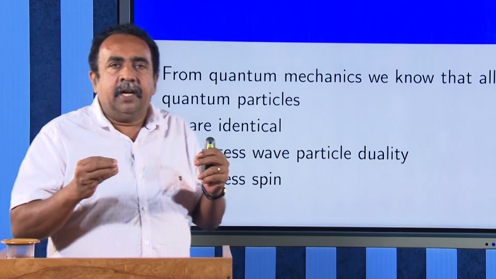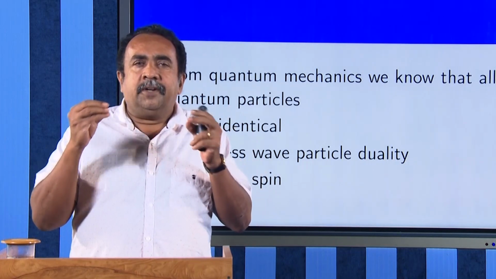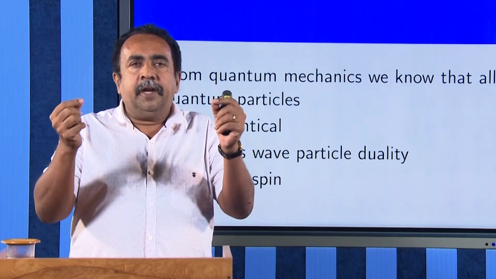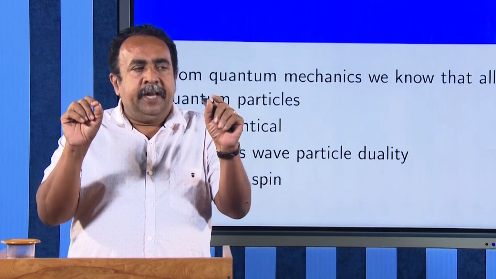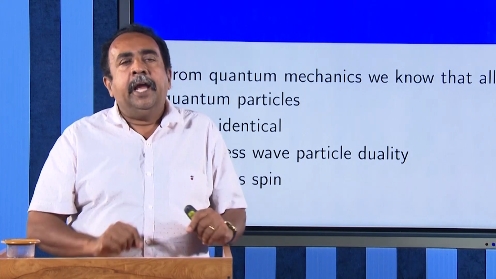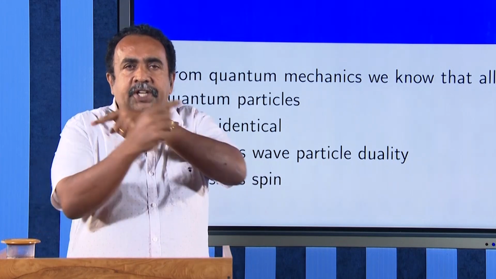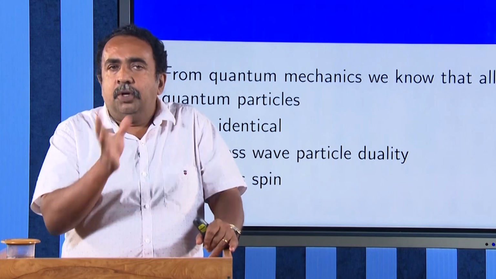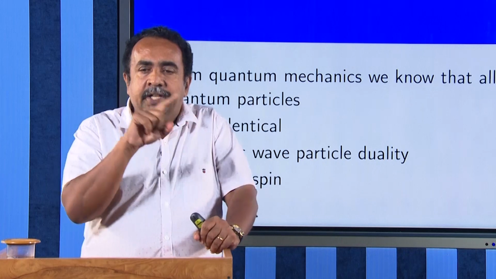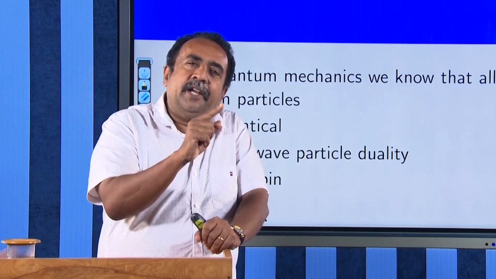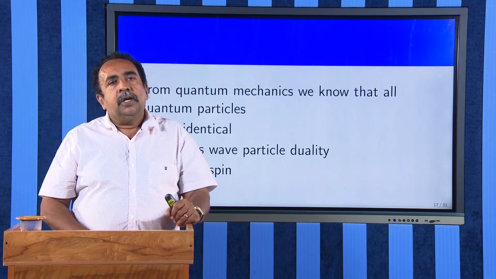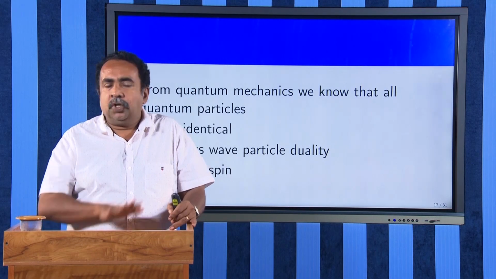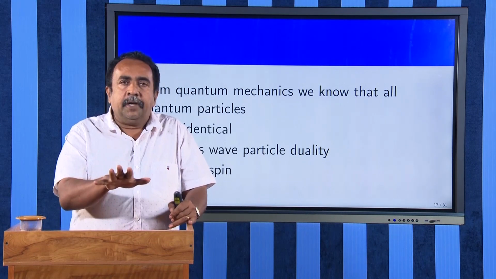When I say identical, if I have two electrons, which I label as A and B, separated by a distance, with A at one position and B at another, and I interchange their positions and find the property once again, then there will be no change in that property. Then I say that the first electron A is identical to the second electron B, and such a property is known as an identical property of all the elementary particles, all the fundamental particles, all these microparticles.